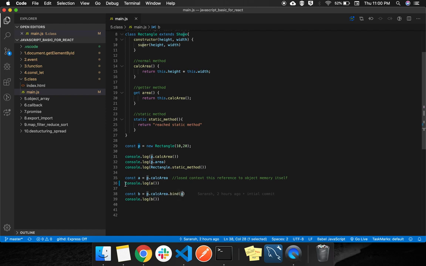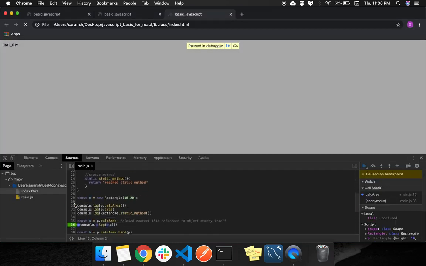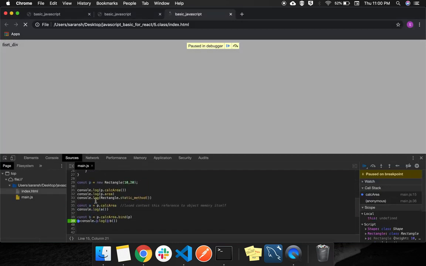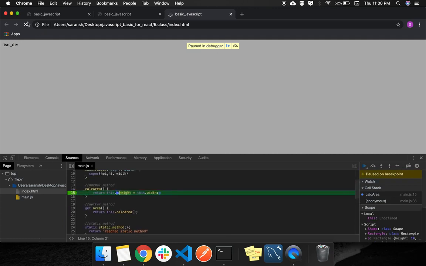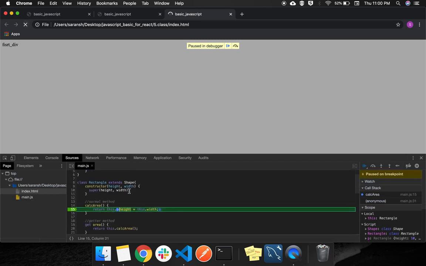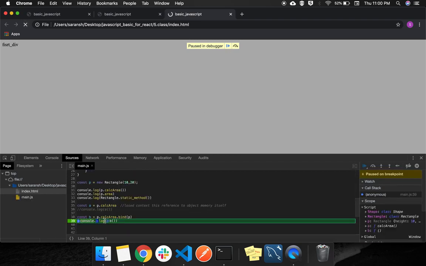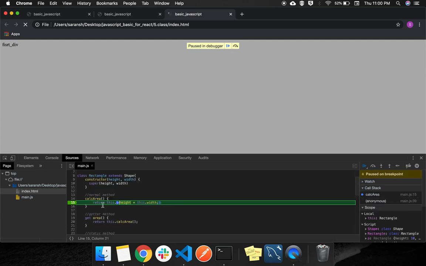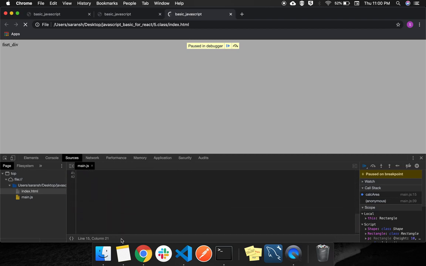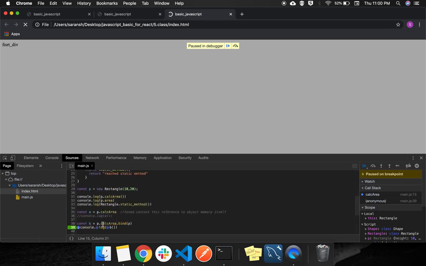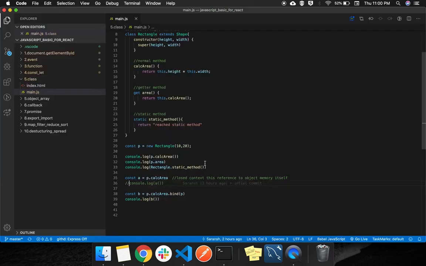So let's comment this out, now come to this and this. Now refresh it. Now we have come to this. Now we have bound the instance explicitly to this. Now come to this. As you can see, now this will retain its values because we have explicitly bound the object memory to the function body. At last, that's all. Thank you.